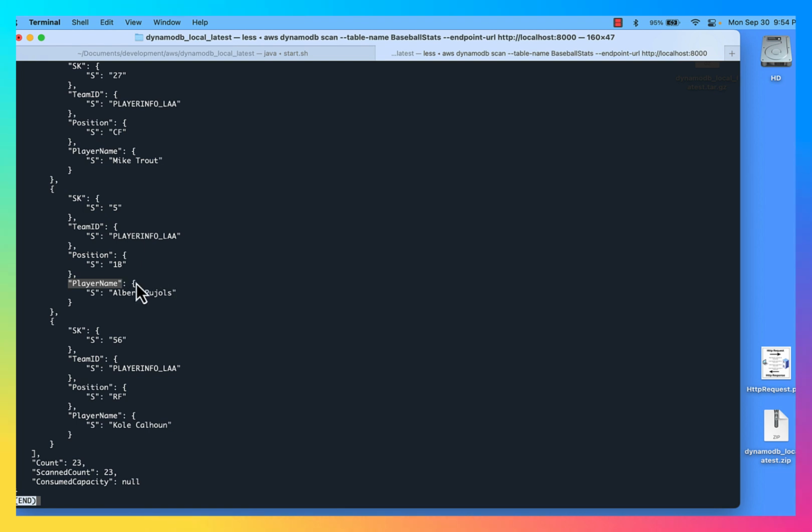Additionally, for each attribute in the case of DynamoDB, there's also going to be a data type associated with the underlying data. So if I'm looking at all of my players, you'll notice that the sort key has a value of 5, the team ID has a value of player info underscore LAA, position has a value of 1B, and player name is Albert Pujols. All of those corresponding values for the attributes are string related, and that's indicated with an S. If I run that command again,